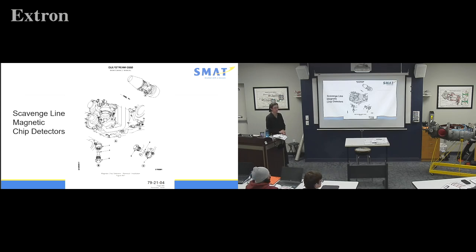You said all the particles have to be inspected and analyzed? They do. Do you have to send those in to do that? Yes. I don't know if a shop could get certified to do the analyzing, but typically you would send it to the facility that has all the equipment to do that. So the chip detector, does it catch the particles? Yes, it'll kind of attract